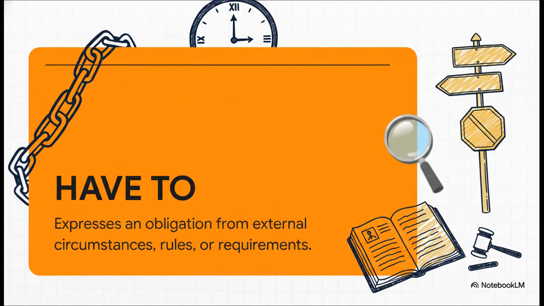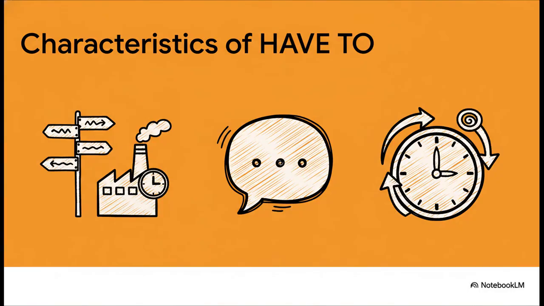Now let's look at its close cousin, have to. It's just as strong as must, but the obligation here doesn't come from the speaker's personal authority. Nope. It comes from some kind of external situation, a general rule, or circumstance that's forcing the action. And you'll notice right away that have to is way more flexible. It feels less formal, which is why we use it in conversation all the time. And unlike must, it works in any tense you want, past, present, or future. So when you say she has to renew her visa, you're not giving an order, you're just stating a fact, a necessity created by outside rules.